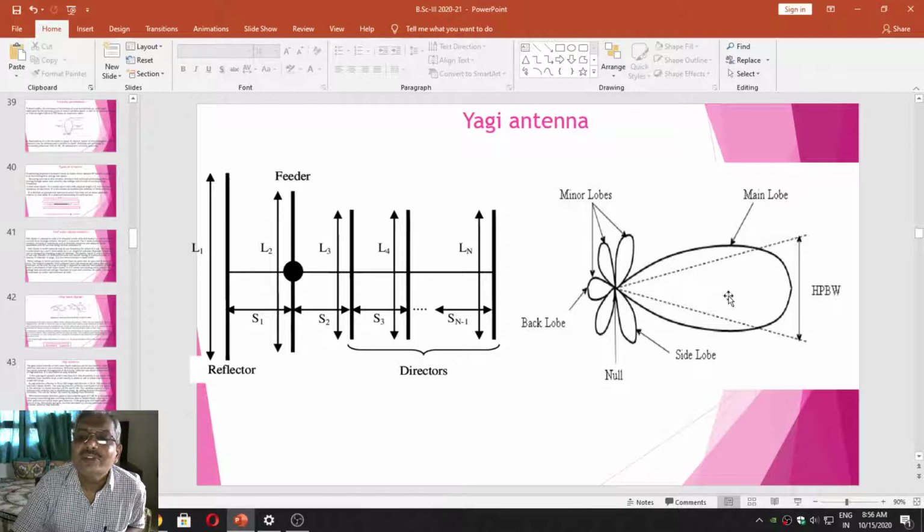So this is what we call the beam width of that particular antenna. It is the solid angle made by this antenna in space where the field intensity becomes half the maximum field intensity. So it has a better frequency response range. That means we can say it has a better bandwidth also. Such an antenna we can call the Yagi antenna.